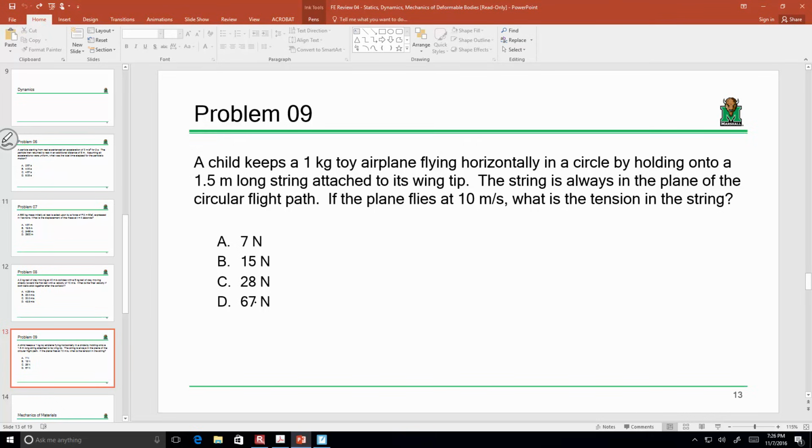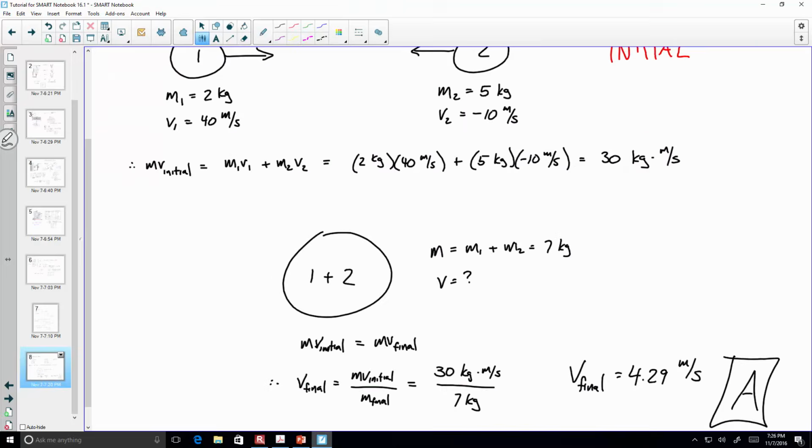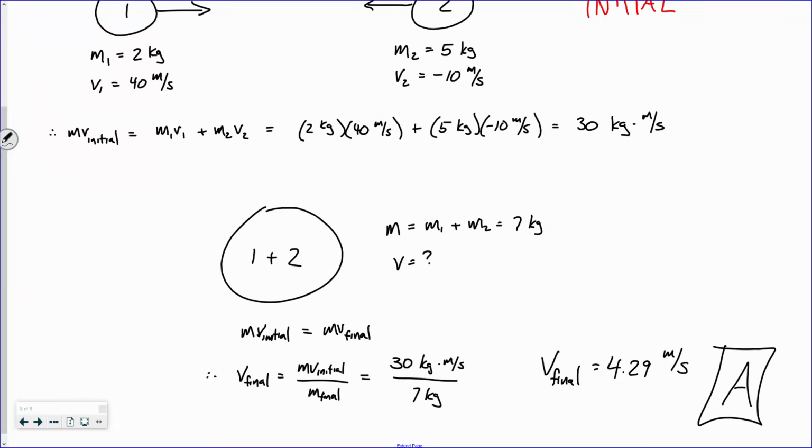So what we got going on is this. Okay, so this one's pretty simple. All we've got is a mass of 1 kilogram, a velocity of 10 meters per second,